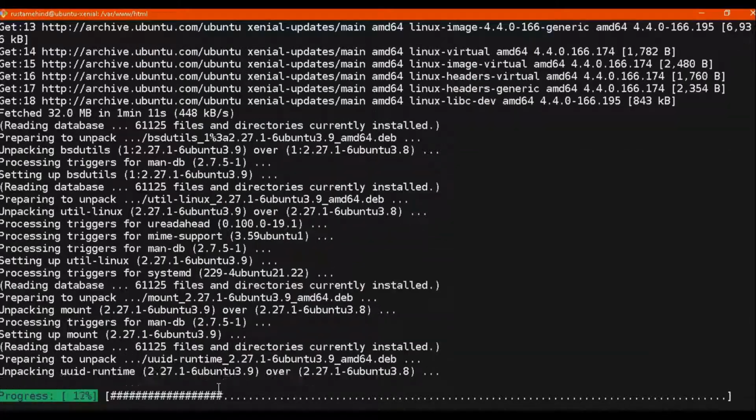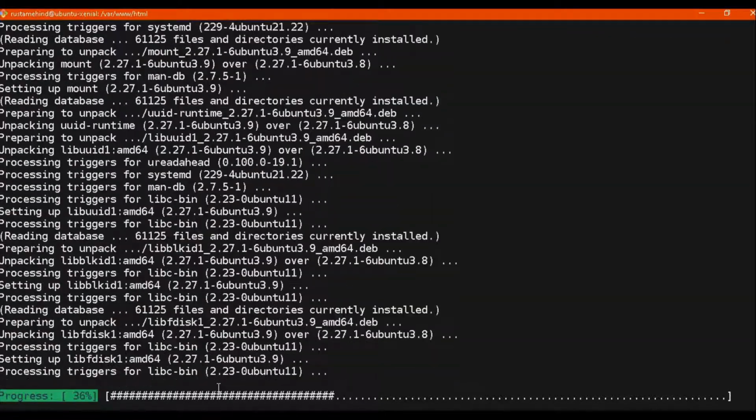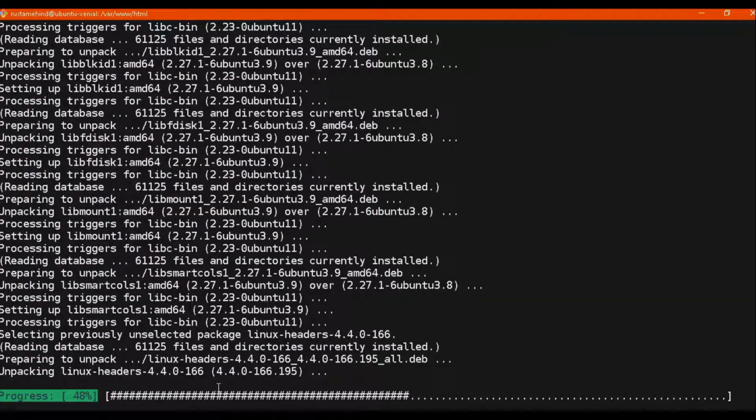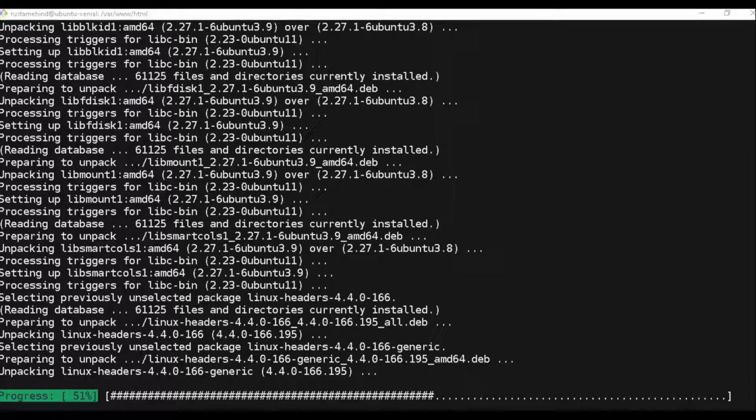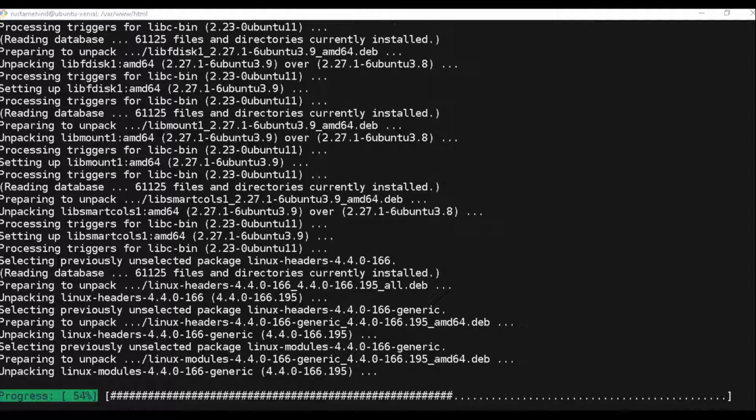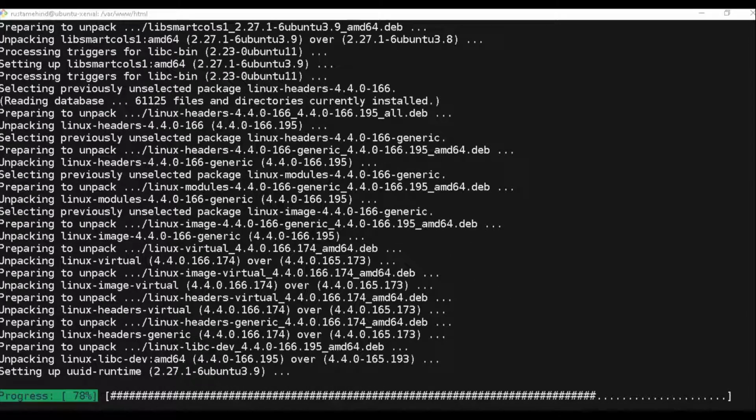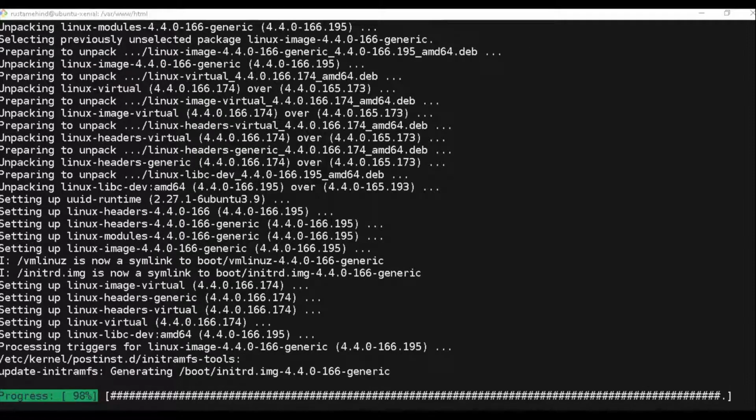In the meantime, while the updates complete, we will use one or two commands to install phpMyAdmin, in which it will install a few dependencies